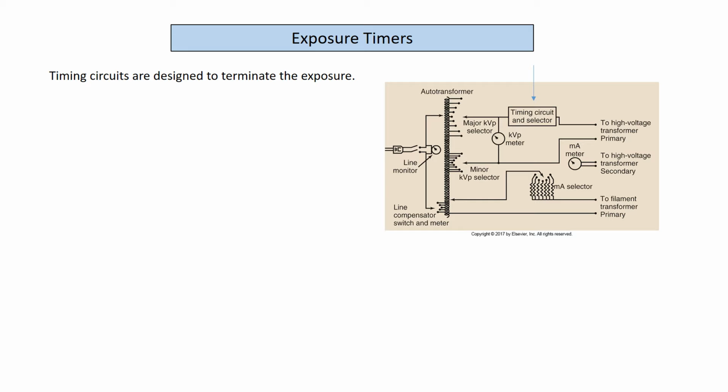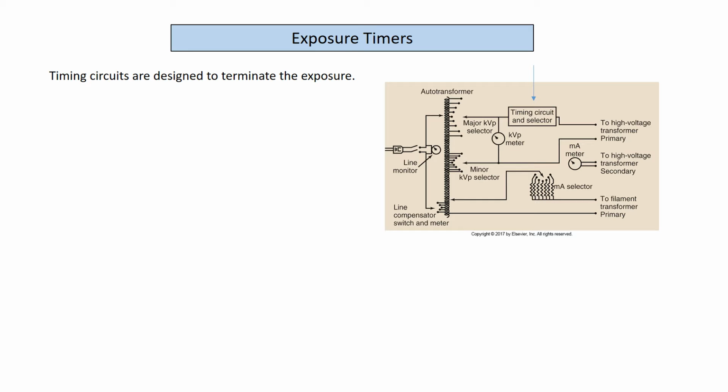On some pieces of equipment, remember, the auto transformer has major taps for increments of 10 kilovolts and minor for increments of 1. As we progress from the left to the right on this diagram, we can see then you've got the kVp meter. Remember, the kVp meter is in the low voltage portion of the circuit because it is on your control console. And then what I want you to notice where the blue arrow is pointing, this is where your timing circuit is located. So the timing circuit is its own circuit, and it's going to be located between the auto transformer